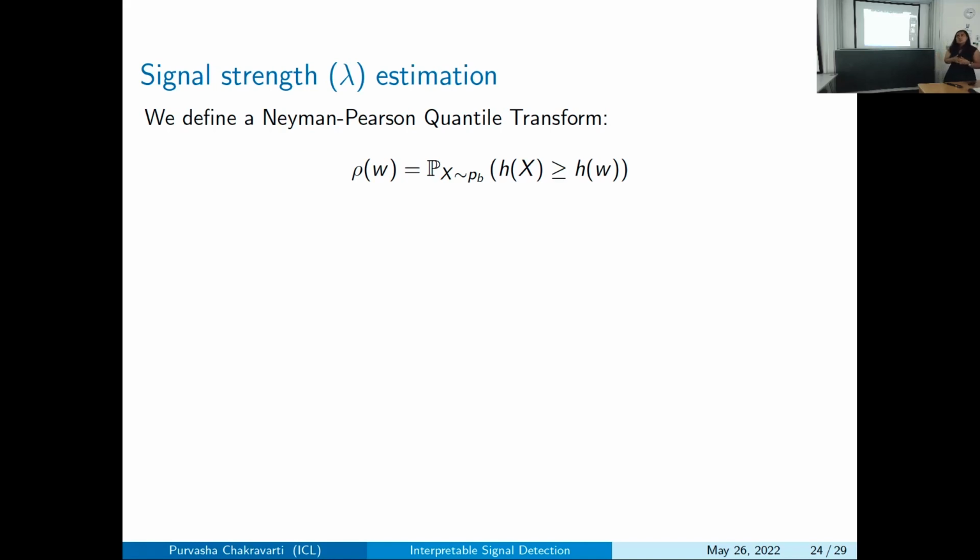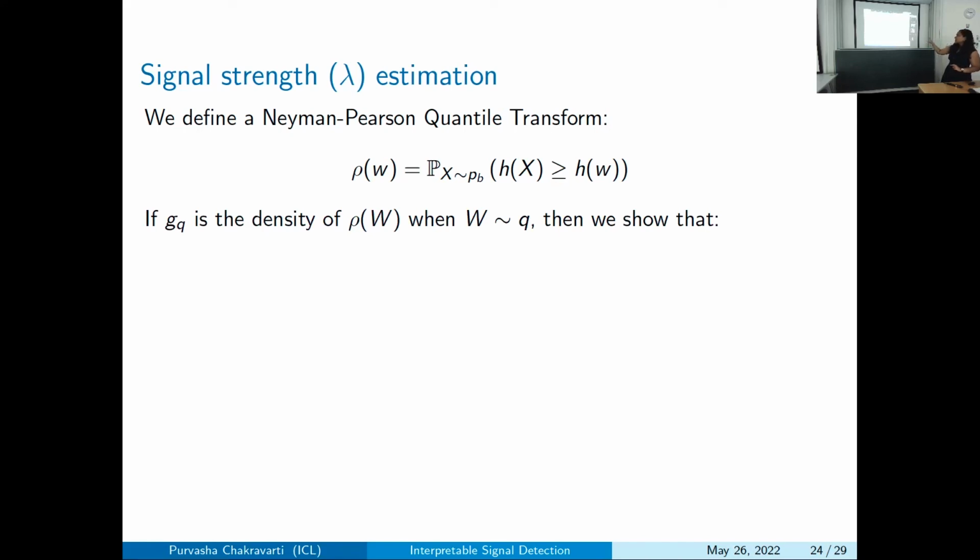The problem is that you have a classifier that's separating the background data, which comes from PB, from a mixture of PB and PS. So you don't really know what the mixing proportion is, and you can't really estimate it in a very simple fashion. What we found was, if you consider this weird transformation called the Neyman-Pearson quantile transformation, and I'm not going to get into how we came to this transformation, but the cool thing is, if you consider this transformation,